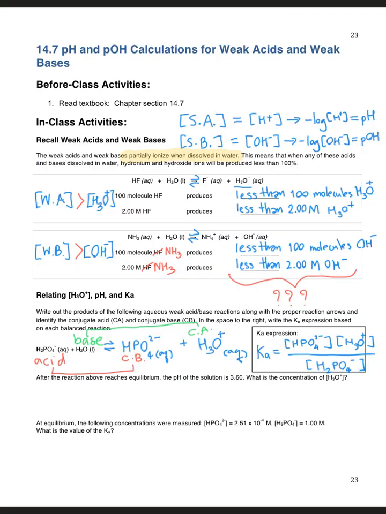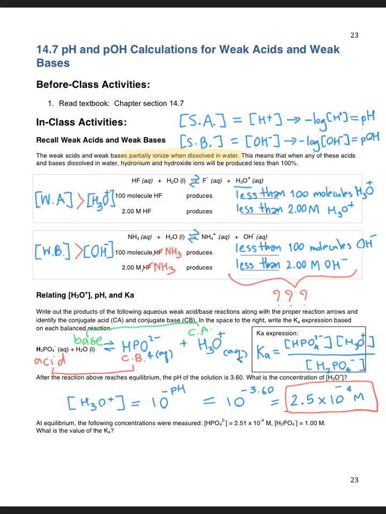For example, if the reaction reaches equilibrium and the pH has been determined to be 3.6, we can use this pH at equilibrium to calculate the concentration of the hydronium ions. In order to calculate the concentration of hydronium ions, or protons, it will equal 10 to the negative pH. After plugging in the value, you will obtain a concentration of hydronium ion equal to 2.5 times 10 to the negative